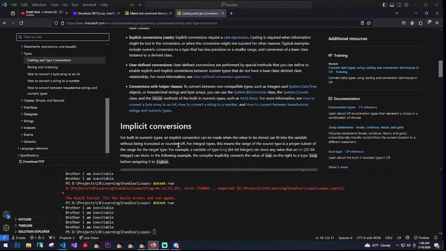Conversions with helper classes. To convert between non-compatible types such as integers and System.DateTime objects, or hexadecimal strings and byte arrays, you can use the System.BitConverter class, the System.Convert class, and the Parse methods of the built-in numeric types such as Int32.Parse. For more information, see how to convert a byte array to an int, how to convert a string to a number, and how to convert